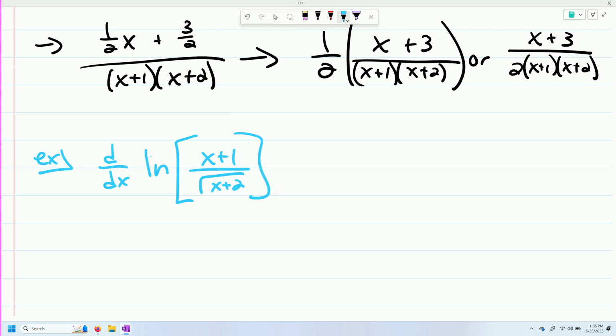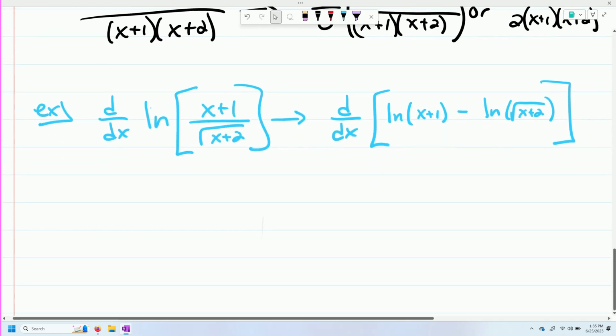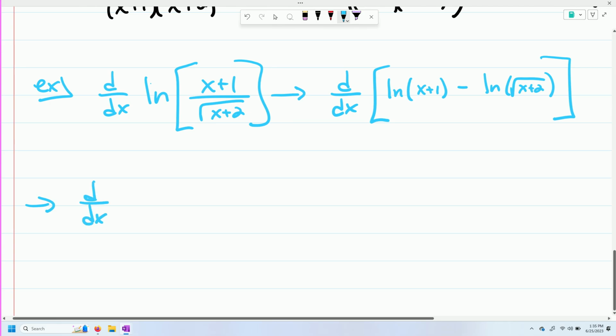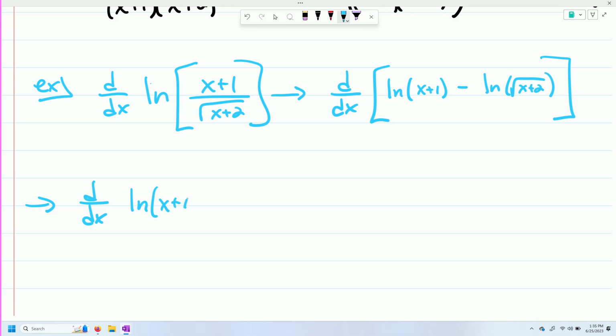The other approach would be, before you just dive right in and start doing your derivative, why not just apply your rules for logs and say, well, we're going to take the derivative of the natural log of x plus 1 minus the natural log of the square root of x plus 2, which, once again, using a little bit more rules here, we're going to get the derivative of the natural log of x plus 1 minus 1/2 times the natural log of x plus 2, because remember, the square root of x plus 2 is really the quantity x plus 2 to the 1/2 power, and I can pull that log out front. So from here,